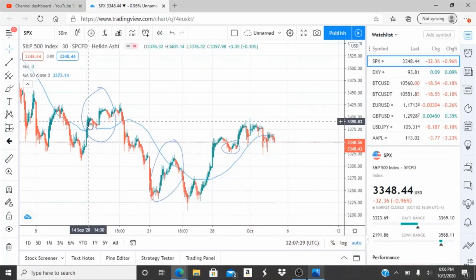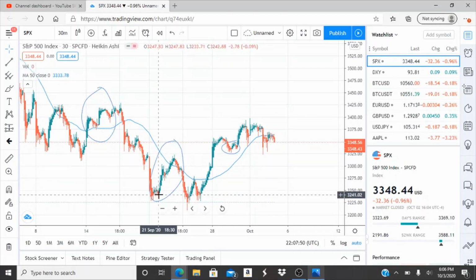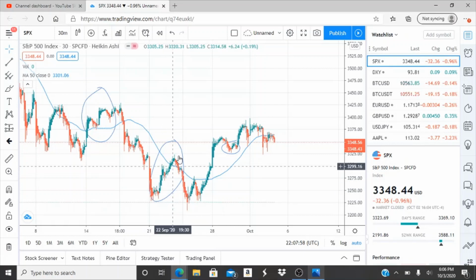So the 15th, this was September 14th. It slightly dipped and ended off around 33.83, and the next day was the 15th and it rose up to 34.18. That right there is a rise of several points for the S&P 500 index. And again, the 21st rising up, and we land on the 22nd. The day pretty much started here at 32.61, and at the end of the run on the 22nd, which was the date of the next pump, it reached up to 33.21. So again, it rose up several points.